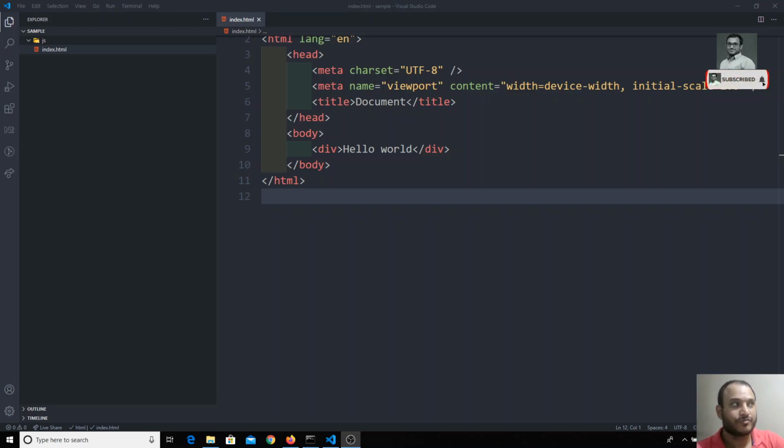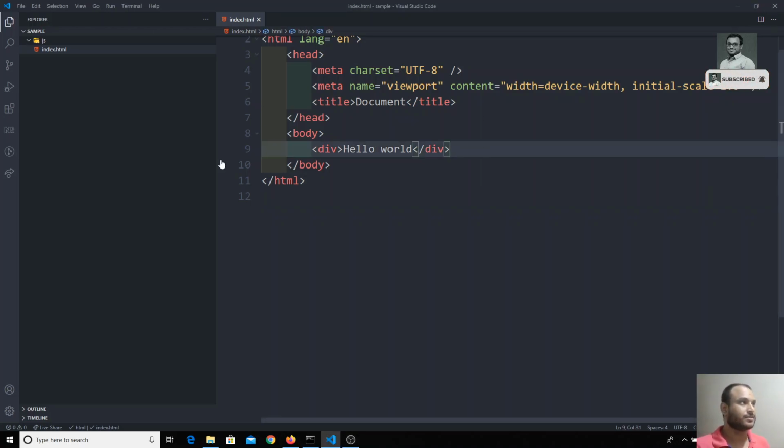Before continuing with the TypeScript code, first we will write plain JavaScript code, what we already know. We will write a simple example, and afterwards we will convert that into TypeScript code and see the compiled JavaScript output. We will compare the JavaScript code we have written with the compiled JavaScript code. Now let's continue with the example.